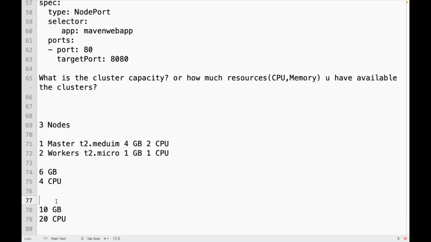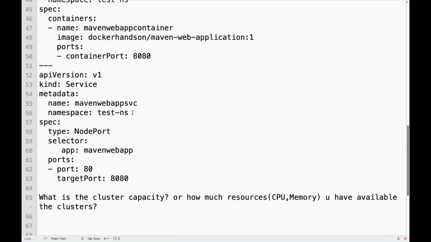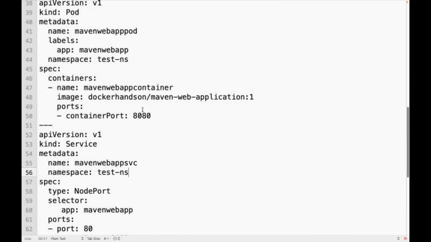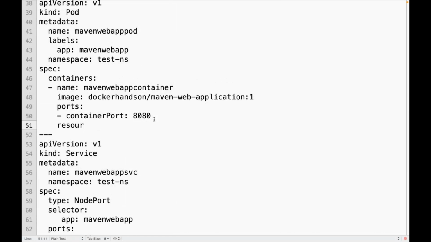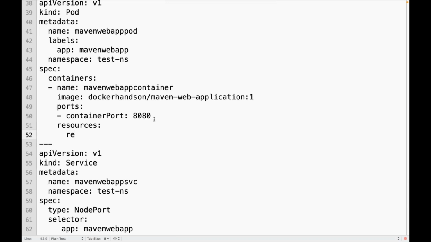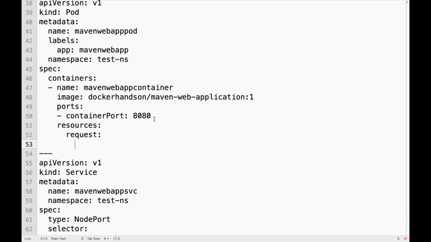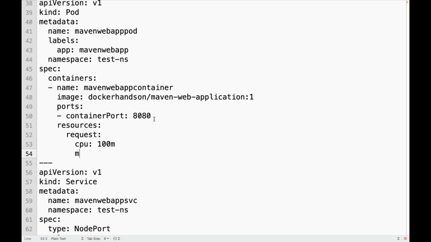But when I am using resources in my pod manifest like this, let's say requests, is the kubelet going to check whether you have this much CPU and memory available in any node? Already some pods are reserved.